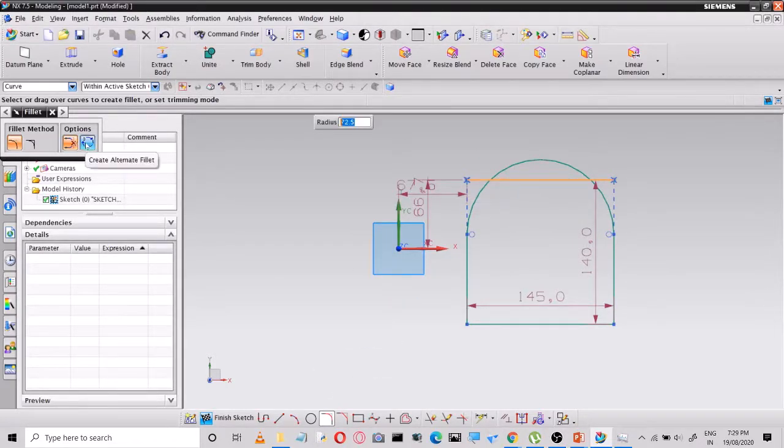We need to check. So you have options to create a fillet using 3 elements. We will see.